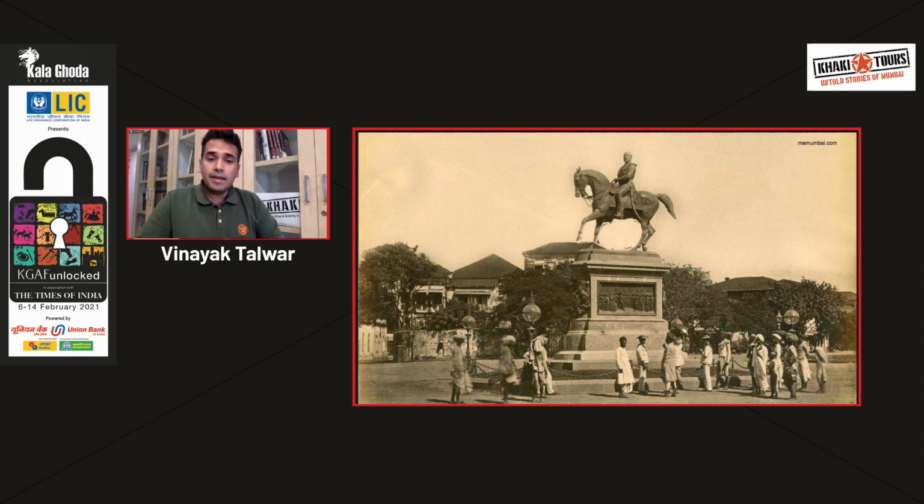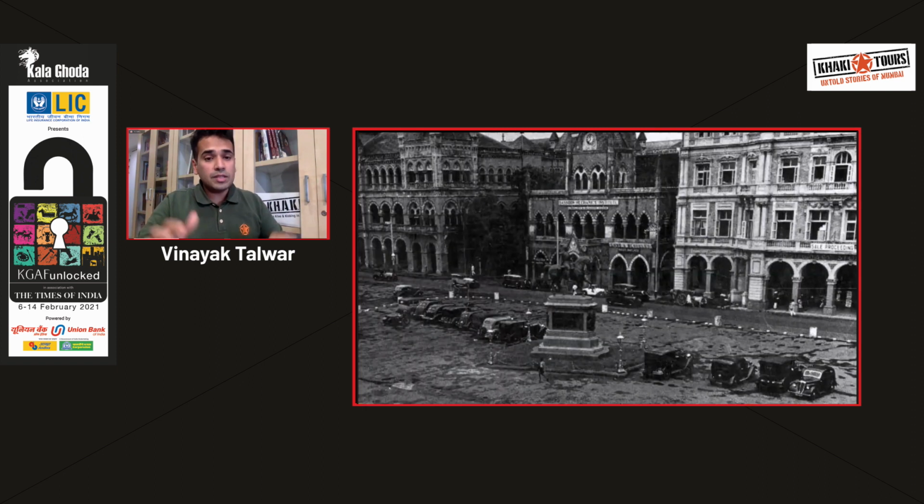And that name has stuck to this particular area since the 1870s and continues to be called Kala Ghoda, thanks to this festival. So the Kala Ghoda statue was present here for a very long time. And as time went by, you could see even now cars coming and parking next to the Kala Ghoda statue as well. Finally, in the 1960s, this particular statue, on threats of vandalism, was removed, of course, post-independence,